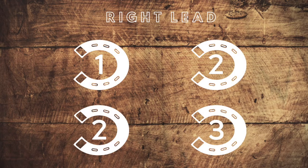When the horse is cantering on the right lead, it implies that they will be taking off by first moving with the left hind leg, followed by the right hind and left front, and ending the sequence with the right front. Because the right front takes the final step to catch up after the movement of the diagonal pair, it ends the rocking horse motion of the canter sequence and is what gives the rider the physical indication of the right shoulder moving out the furthest underneath them,